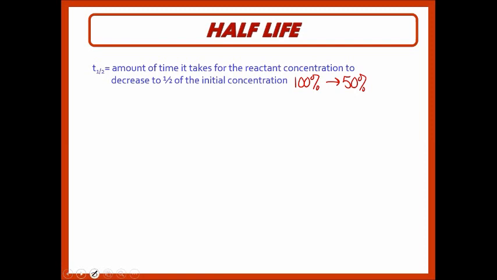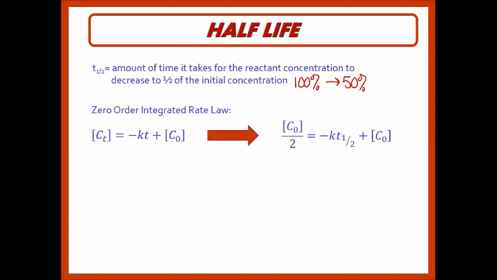So for example, if we look at a zero order integrated rate law, we know that the concentration of the reactant is equal to the negative rate constant times the time of the reaction plus the initial reactant concentration. And so if we're going to be solving for the half-life of the reaction, we can sub in the concentration at a time, which is going to be half of the initial concentration, and our t value here is going to be t sub 1/2. So rearranging and solving for t sub 1/2, we can subtract this initial concentration over to